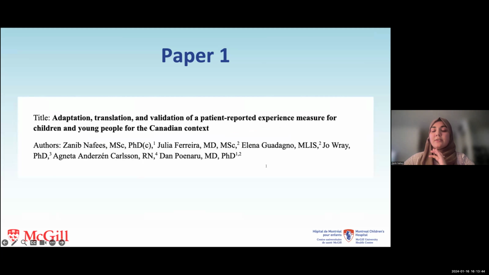And so to fill the gap where patient-reported experience measures were missing in pediatric surgery, we published a paper introducing a tailored PREM based on the PREM UK instrument. And so the Canadian PREM, specifically designed for children at the Montreal Children's Hospital, addressed the absence of such measures